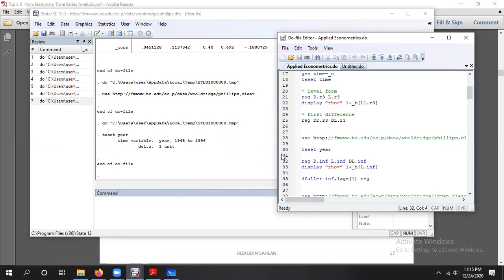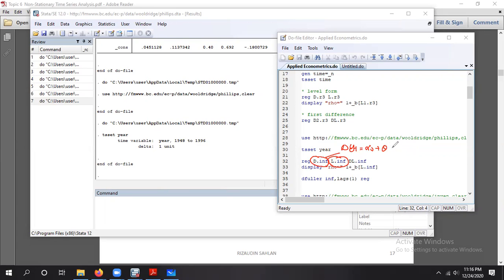I'll just show you. This one refers to the differenced INF, the different Y, YT, for the symbol. Okay, this one refers to the...